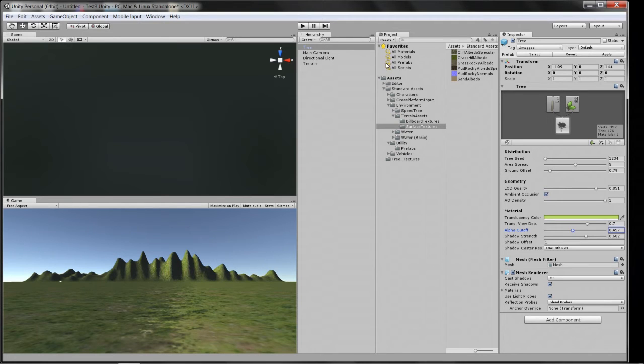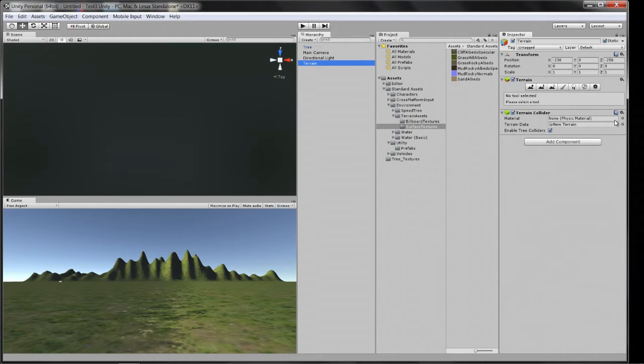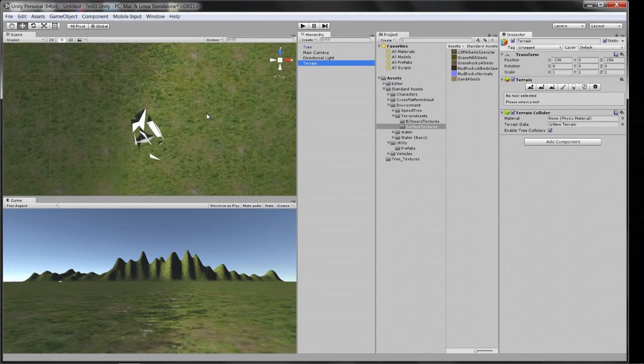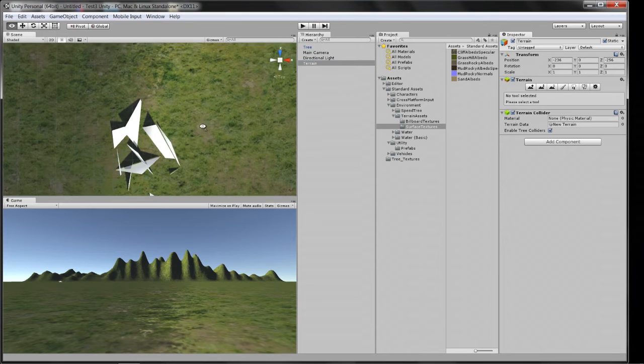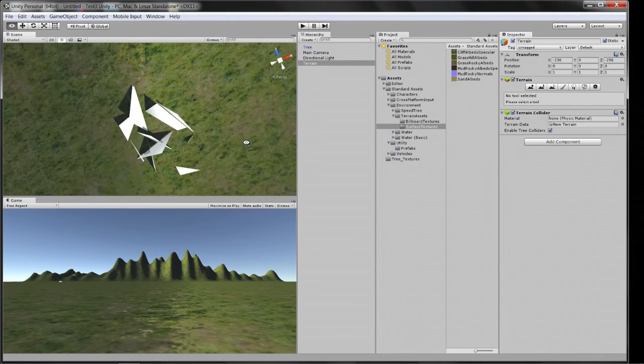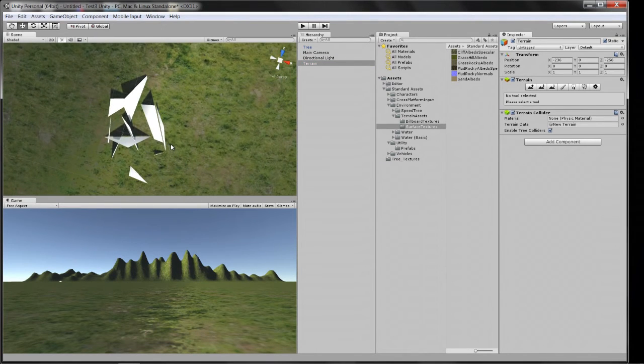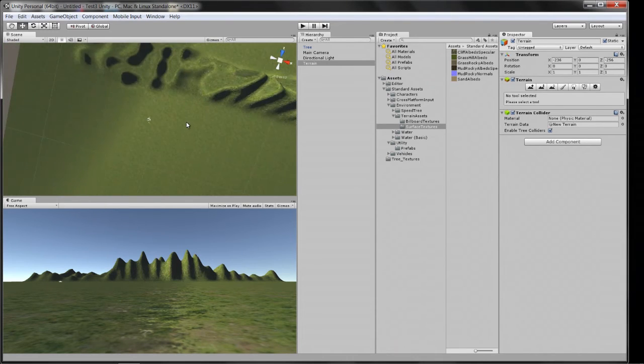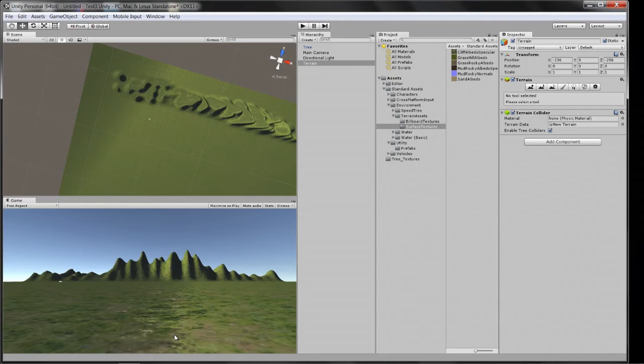Let's go back to terrain and go back. Oh, tree did something. As I say, I think this is going to be a very odd looking tree. We'll see later when we walk up to it. Okay, well,